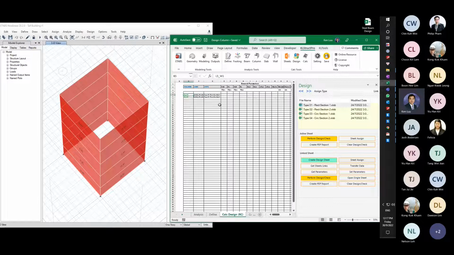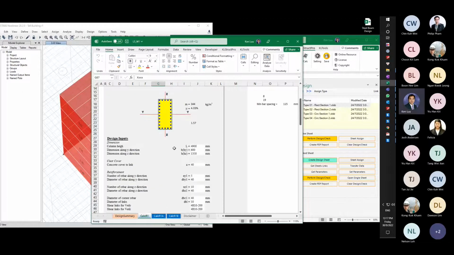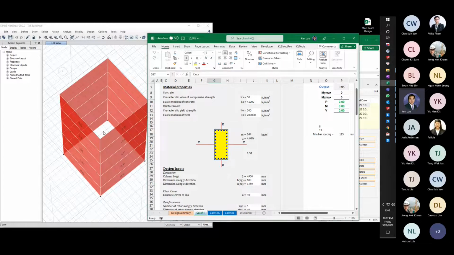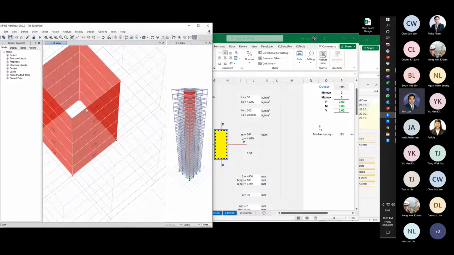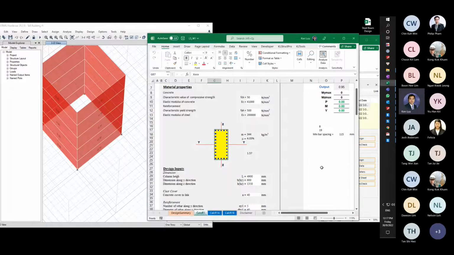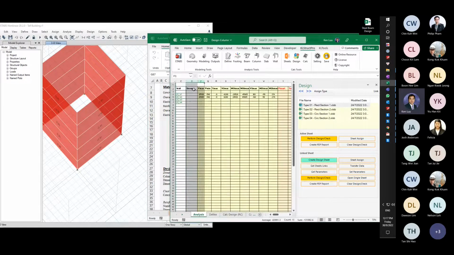To go to each link, you can select the row and then click open a single sheet. It will open the template, and now you can see which variables you want to input. Let's say this wall: you need to know the dimensions of your wall. The program can also help you get the wall dimensions quickly. You go back to the program and go back to the define analysis sheet, and you can